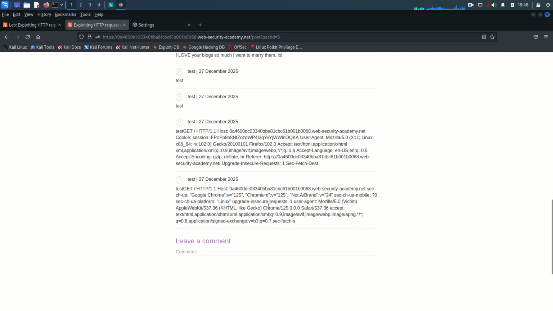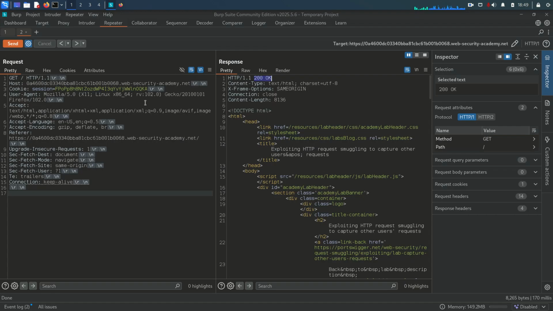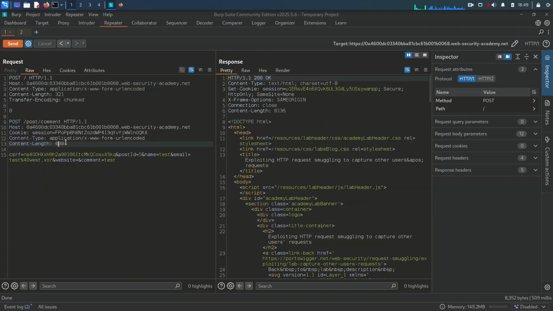Okay, so you can see here we got the data from the victim user, and you can see after the test it started. So the victim user is trying to access the web root endpoint of the application, but we do not find here the session cookie because we need to change the size of the content length so that it can store more data. And for that purpose, I will come back to our smuggled request,